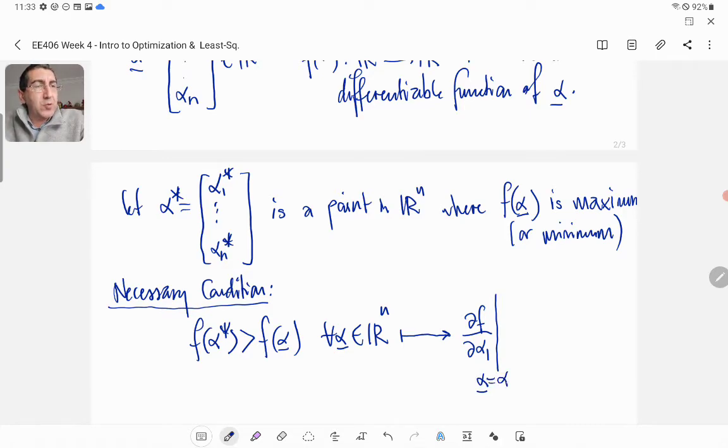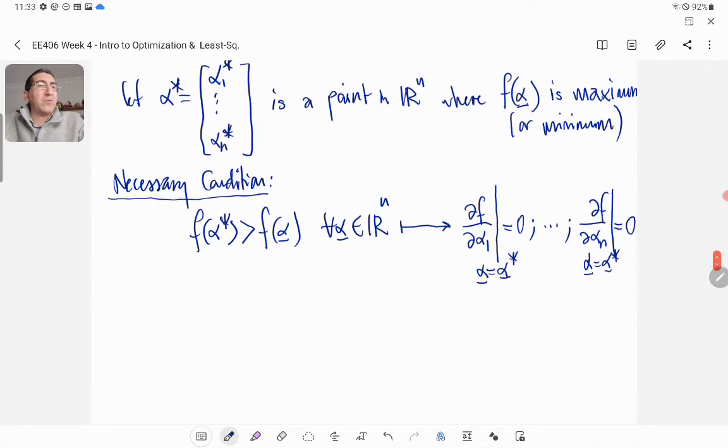So alpha equals alpha star has to be equal to 0, up to the derivative of f with respect to alpha n, again evaluated at alpha equals alpha star, has to be equal to 0. Mind you that the evaluation has to be done for all values of alpha as a vector. Okay, so you need to substitute alpha 1 star for alpha 1,